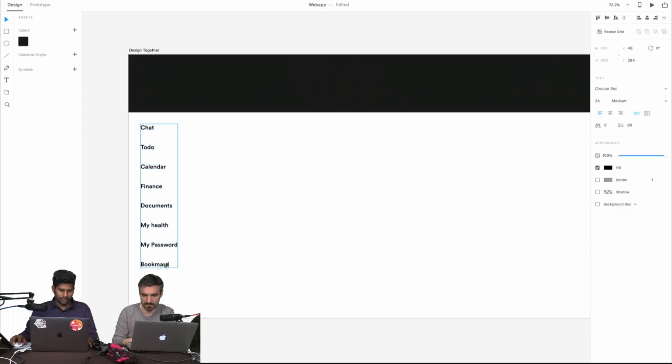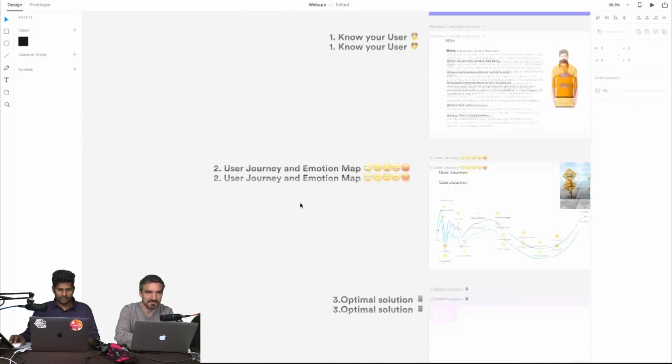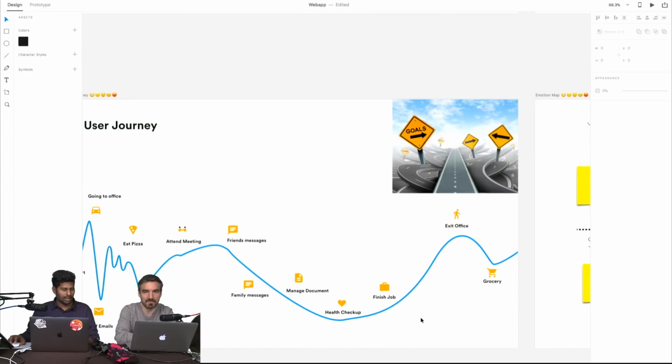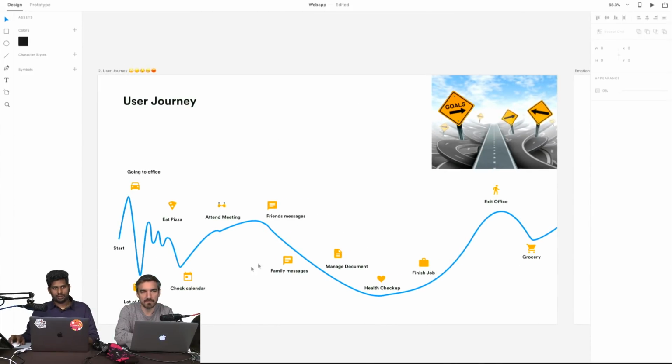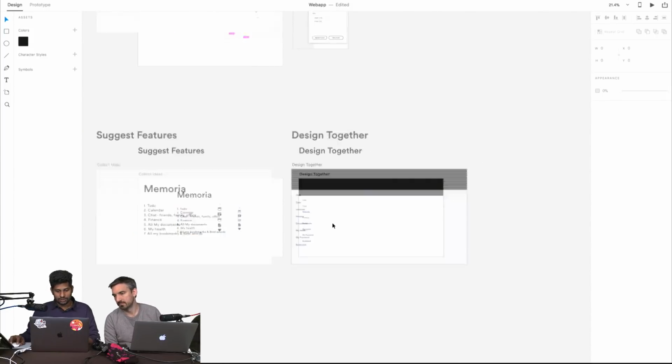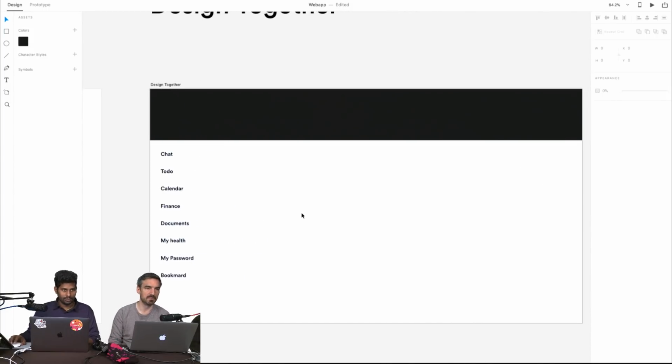Okay. So we started here like a journey map without knowing anything about the app. We started simply drawing his life. Yeah, Johny. And we ended up making a feature list as a basic wireframe. This is not a UI. It's a basic wireframe we started doing. That's a basic wireframe. Okay.